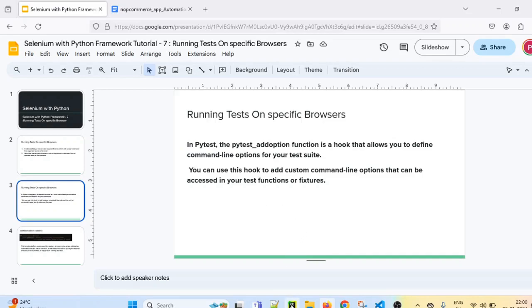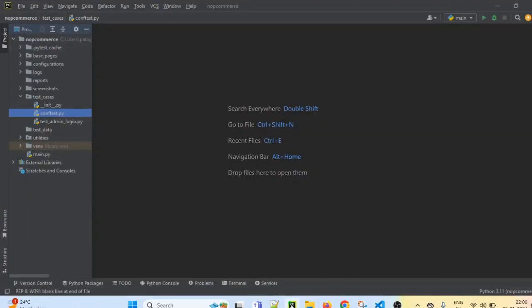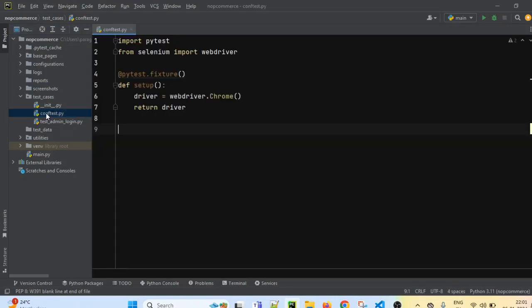So I will just go to PyCharm. So we are now in PyCharm. In PyCharm, we have the conftest.py file. If I open this conftest.py file, so far we have one fixture here, a PyTest fixture of the setup method, in which we are creating the driver instance for webdriver.Chrome, and it is returning the driver.